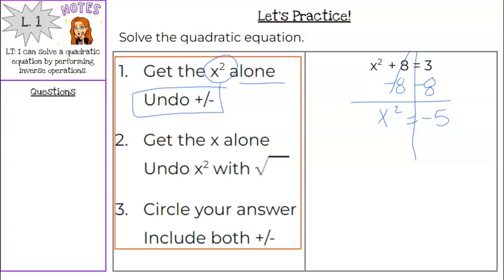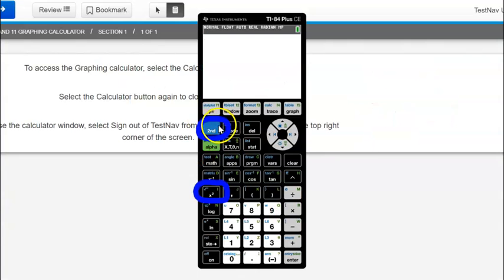So now I want to get that x alone, because I want x all by itself. I just want to know what x equals. So to do that, we have to undo x squared with its opposite, the square root. So I'm going to take the square root of both sides. Square root of x squared is just x. The square root of negative 5, well, let's type that into our calculator. So again, we're going to hit the blue button and then the x squared button, and we're going to type negative 5. Now, when you press enter, you're going to get an error